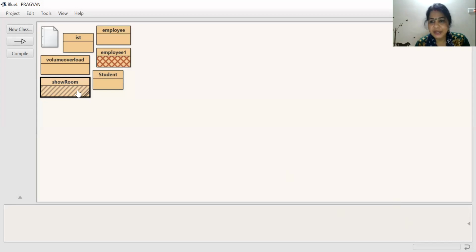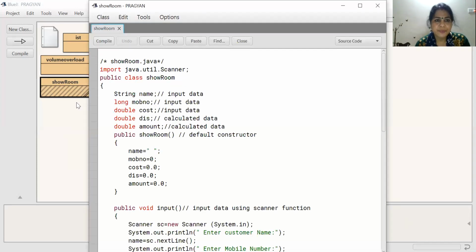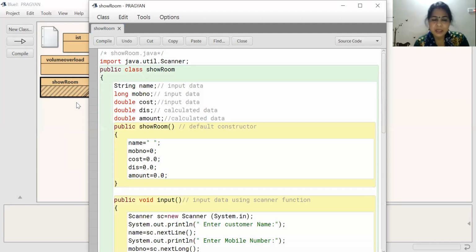The instance variable names, whatever is given, you have to follow as they are. The method names, whatever is given, you have to follow. So this program is Showroom.java. That is the program comment I have given, a description about the program, with the name of the program, Showroom.java.